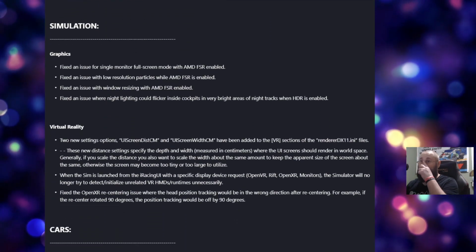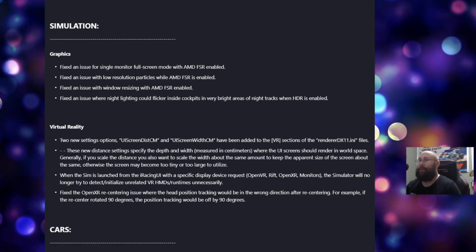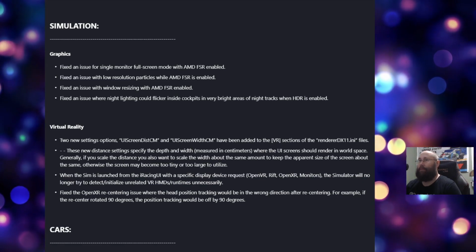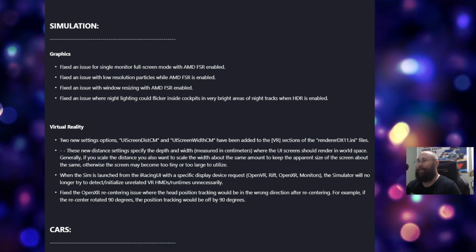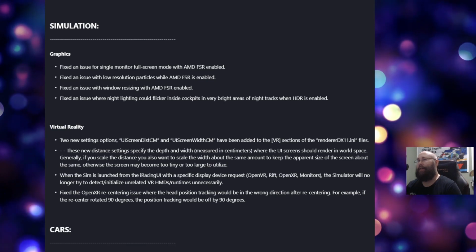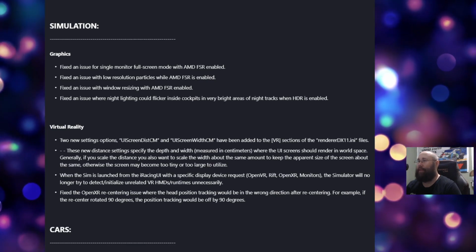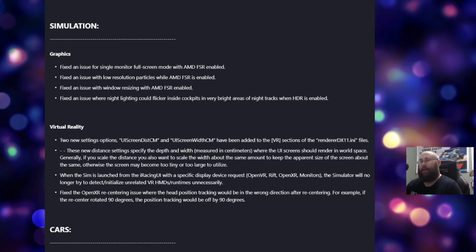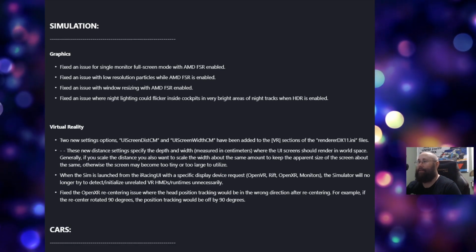For the simulation under graphics, fixed an issue for single monitor full screen mode with AMD FSR enabled, fixed an issue with low resolution particles with that enabled, fixed an issue with window resizing with it enabled, and then fixed an issue where night lighting could flicker inside cockpits in very bright areas of night tracks when HDR is enabled. For VR, two new settings options, and you can read them there, have been added to the VR sections